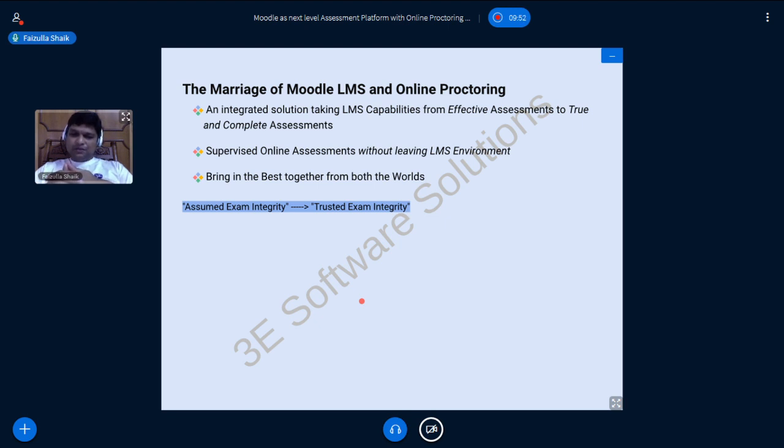So how do we extend the capability of Moodle to bring in exam integrity? Whatever is otherwise an assumed exam integrity, how do we bring in trusted exam integrity? This is the capability that we are trying to fix.